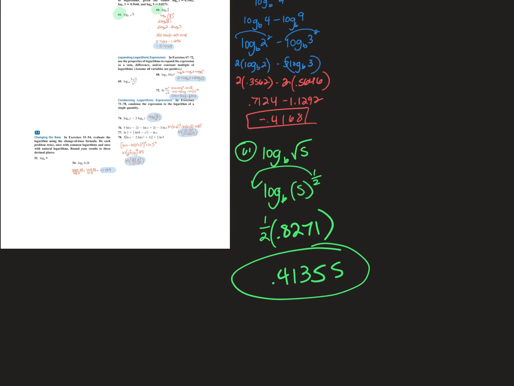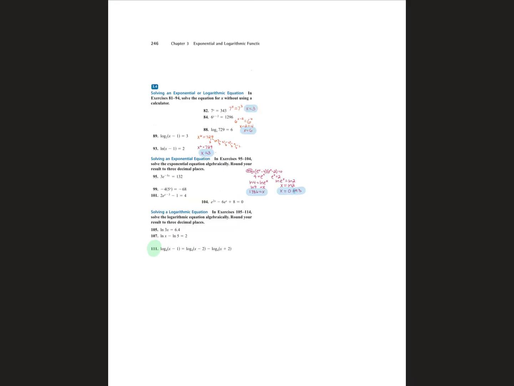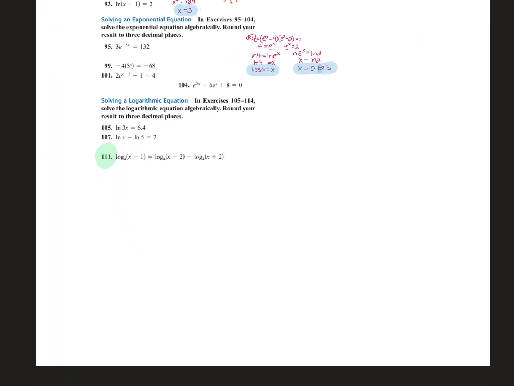Any other questions on this page? This was like page 2. Okay, second page. So now we're talking all the way through 3.3. Expanding, condensing. And then the last page, they asked for 111. So 111,